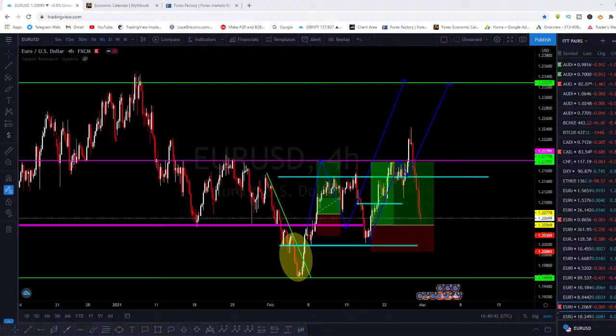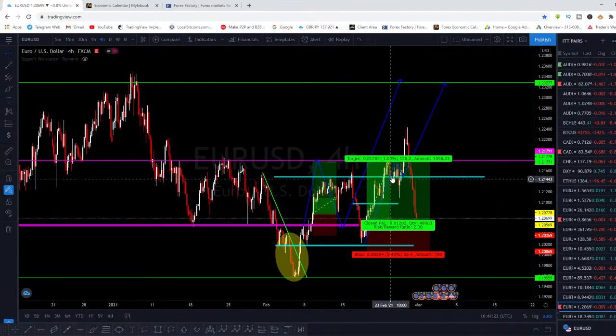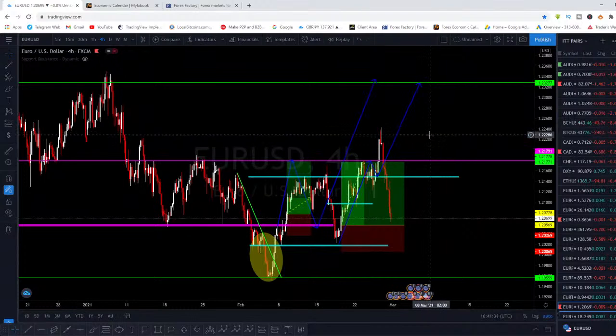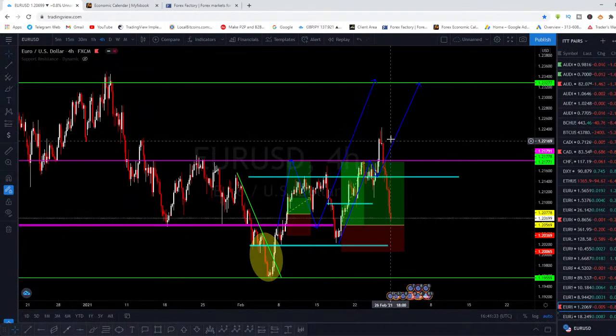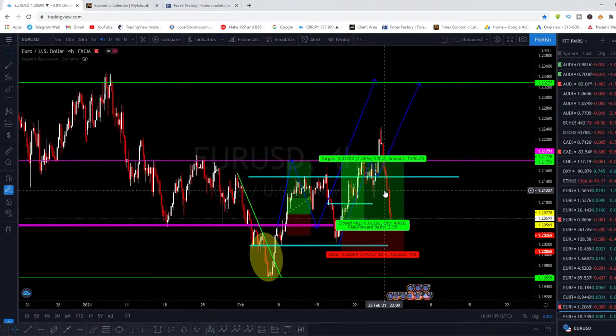So yeah, I'll start with the first pair on the list, which is Euro USD, right? If you guys attended our live stream last week, which was last week Sunday, you know how I analyzed this Euro USD. I said Euro USD is going to go up to the upside from here. Then there's a possibility of it coming to this level, but some fundamentals hit the market. You see that it was not able to come up to this level, right? But right now, Euro USD came back down for another retracement, right? So this is going to be another opportunity for us to get into the market, right?